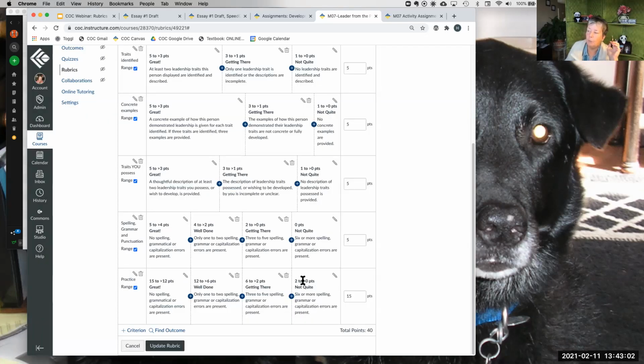And then my endpoint would be from 2 to, so you have all kinds of things, but yes, start with the best possible scenario, the worst possible scenario, and then fill in the middle, however many are appropriate for whatever you're doing. Sometimes might be 3, could be 4. I wouldn't really go more than 5 categories, just again, because it gets overly complicated and it's hard for you to process. It's hard for students to process.